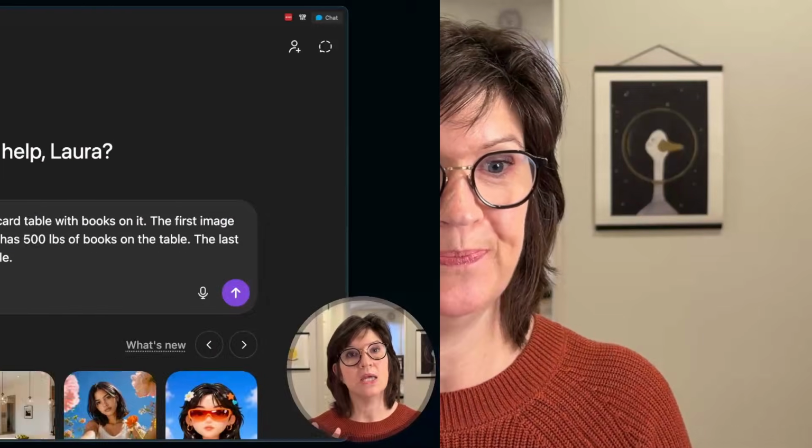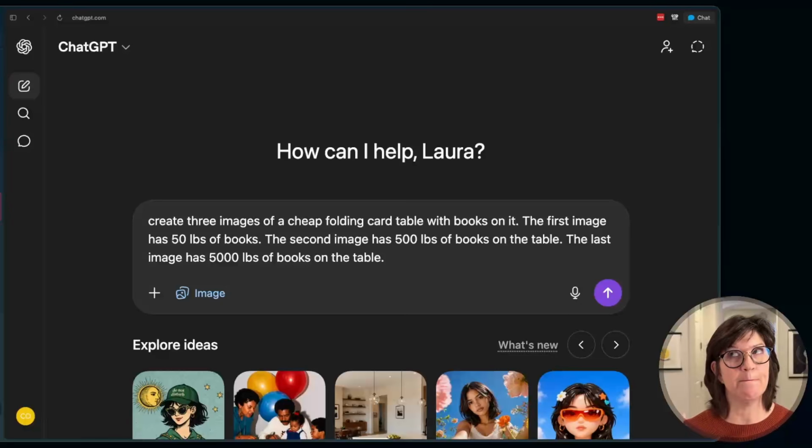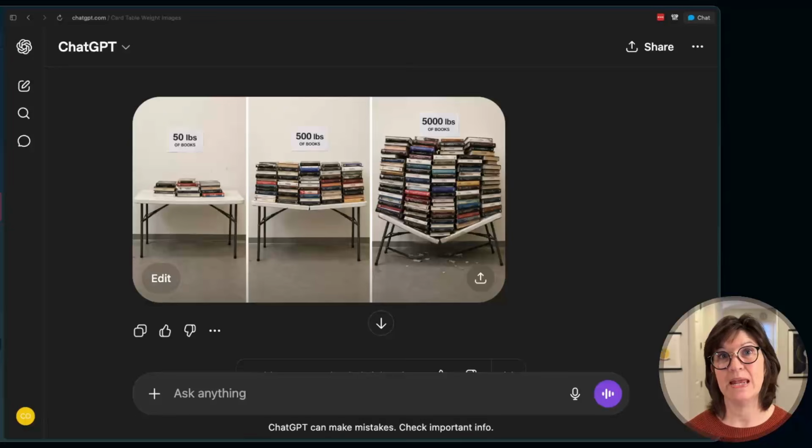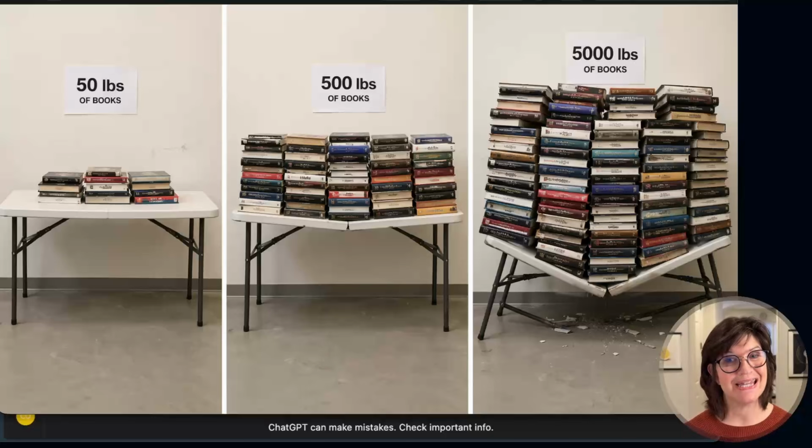So here's an example. The next thing I asked for was 3 images of books on a cheap folding table. I wanted the first image to have 50 pounds of books, then 500 pounds of books, and then 5,000 pounds of books. I wanted to kind of see if it understood mass and the physics associated with mass. And boy, did it deliver. So again, this is on instant mode, and you can see that table's already buckling under 500 pounds of books, and under 5,000 pounds, it's hopeless. It is cracking. I mean, maybe you could argue that the table would be completely collapsed, but the fact that it's already starting to show signs of wear here,